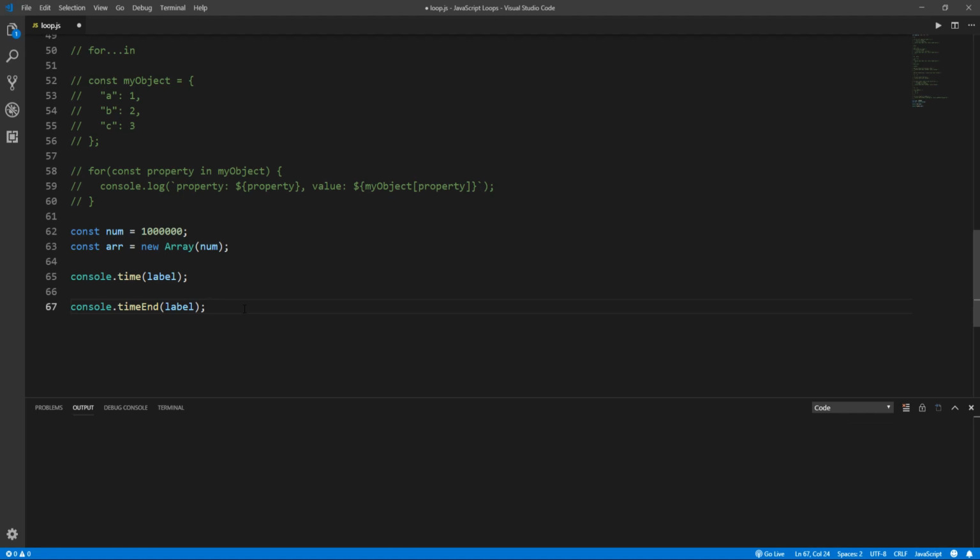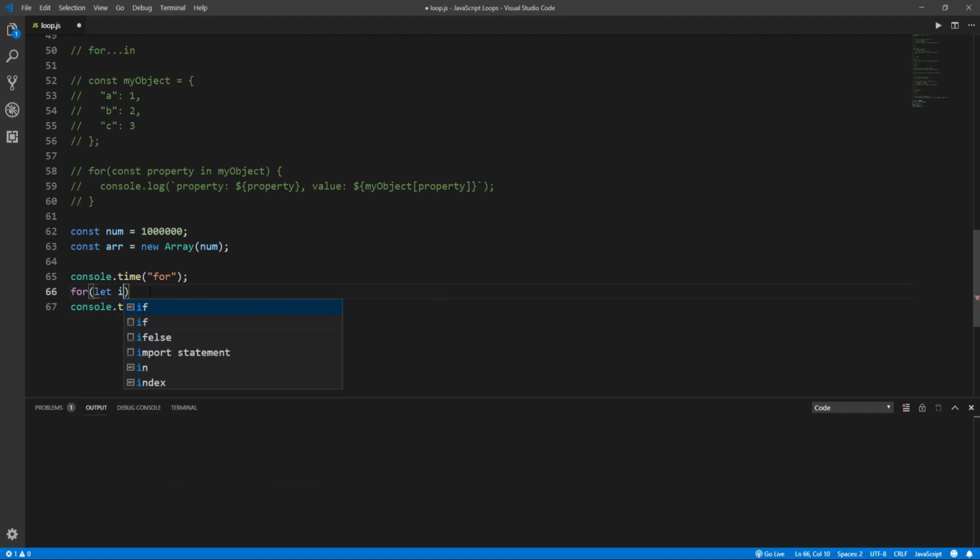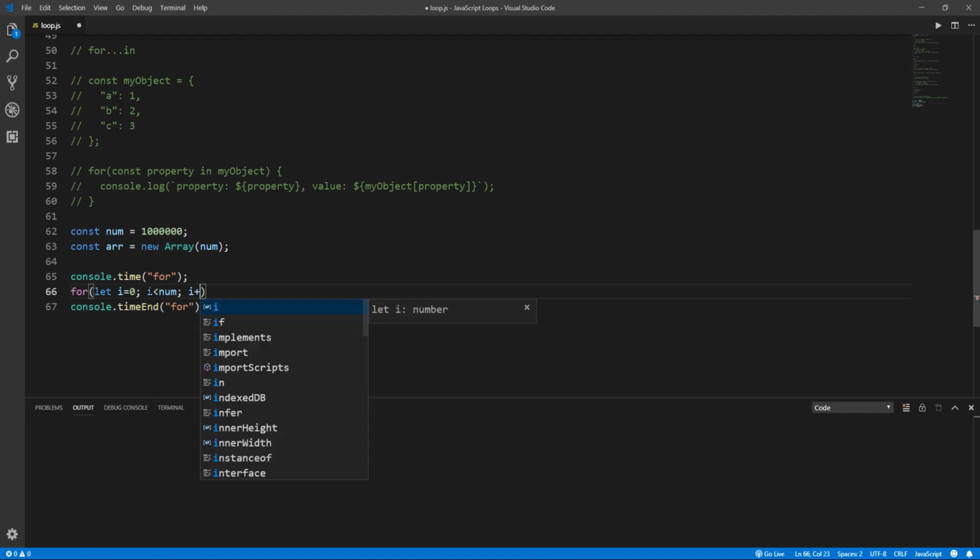So, for example, in order to time 1 million iterations using the for loop, let's name the label for, and let's create the loop here: for let i equals 0, i less than num, i plus plus,